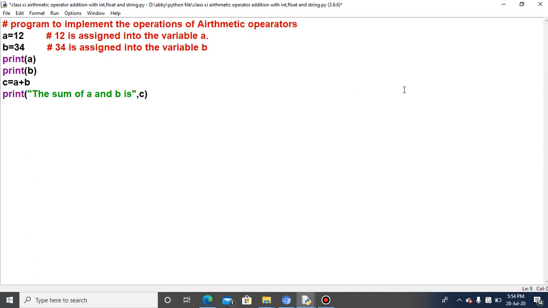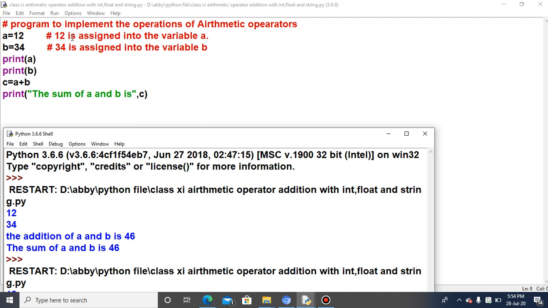Now see, the rest of the program is the same: A 12, B 34, print A, print B, C equal to A plus B, print the sum of A and B is C. Because I have modified my program, I will press Ctrl plus S for saving, and then execute it.